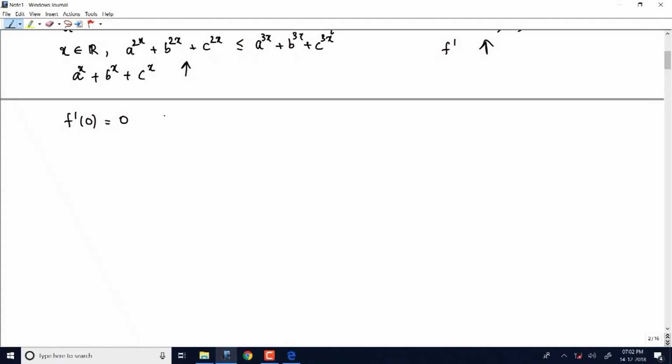Yeah. So you have proved now that f prime is an increasing function. Is that right? What else do we know about f prime t? Okay, we have that f dash at 0 is equal to 0, and we have proved that f dash is an increasing function. Therefore, f dash at t is bigger than or equal to f dash at 0, which is equal to 0, for t bigger than or equal to 0. So this shows that f is an increasing function for non-negative values of t.